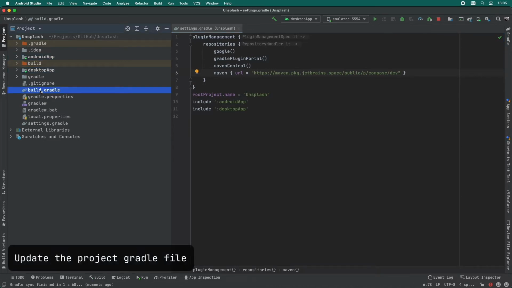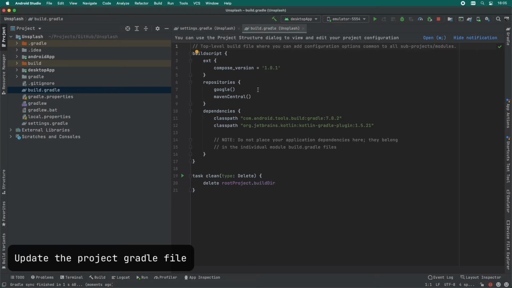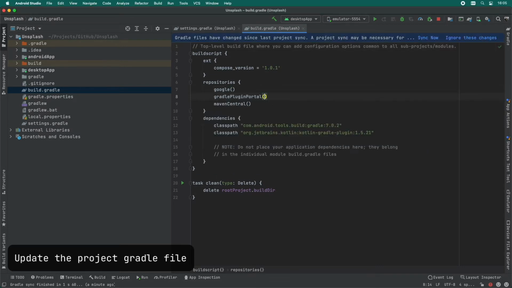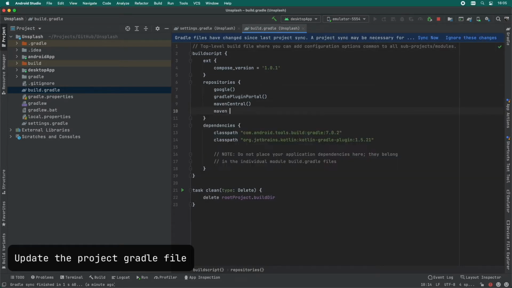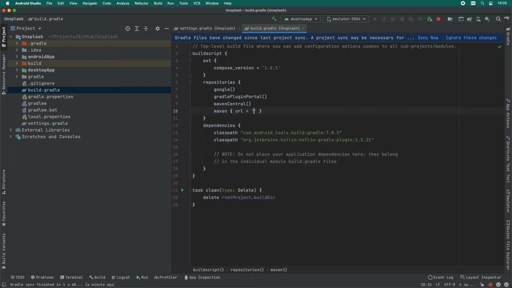It's now time to update the build.gradle file from the project and add a couple more repositories here. So we're going to add a Gradle plugin portal and a couple of Maven links where Kotlin needs to fetch its dependencies.